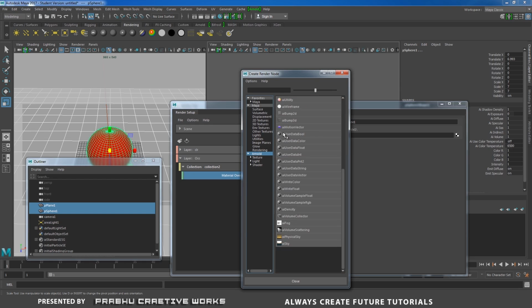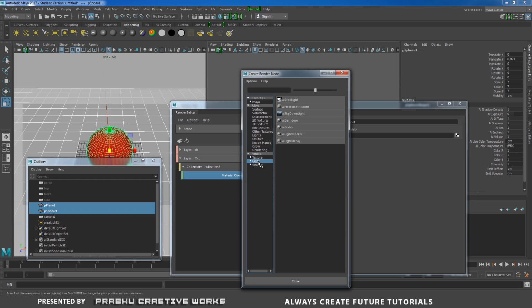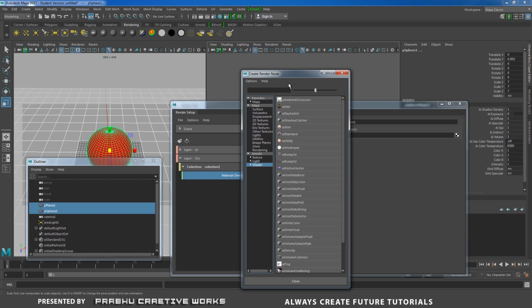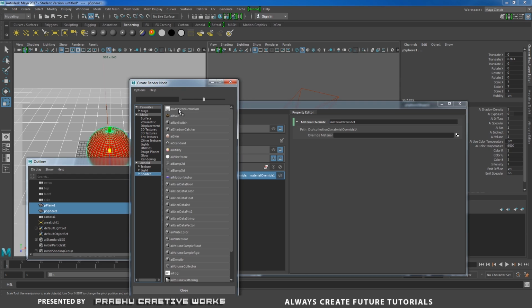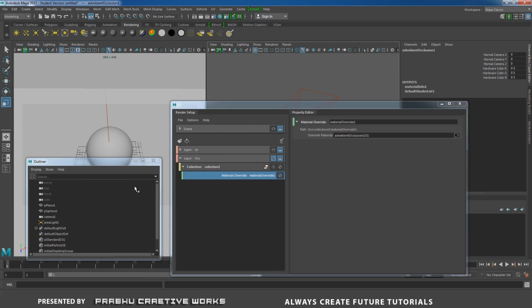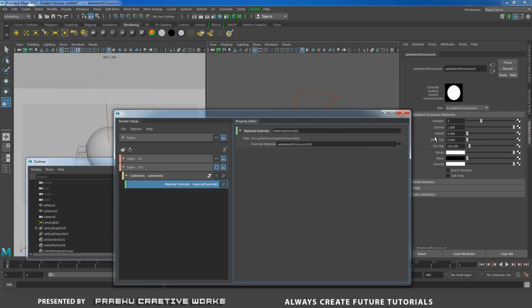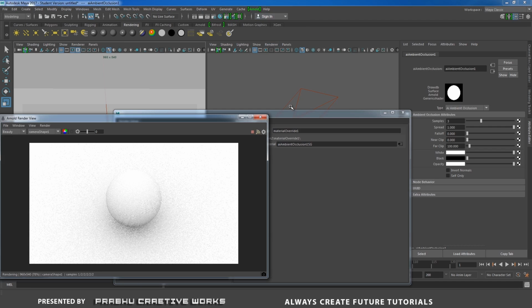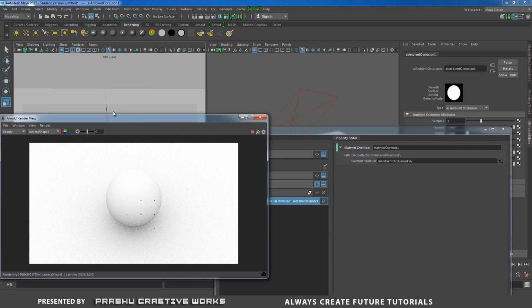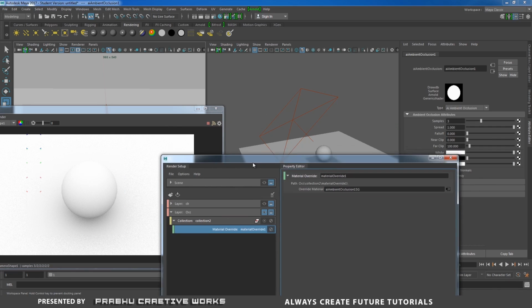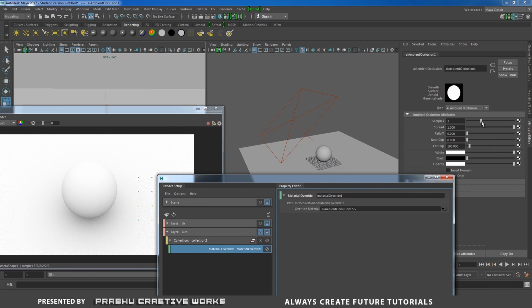in shaders you need to choose AI ambient occlusion. That means it will switch over to ambient occlusion. Click on this checker. Now you are able to increase the samples. Select this viewport, go to Arnold and Arnold render view. Now you are able to see the occlusion over here. Now I want to increase my samples to 4